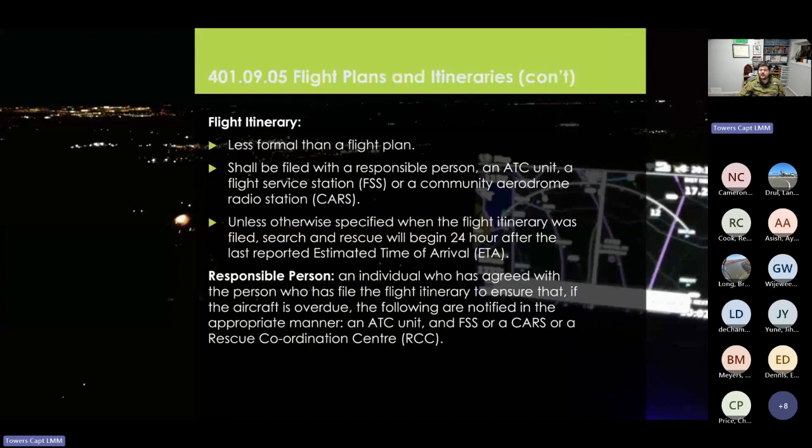A flight itinerary is less formal than a flight plan. It shall be filed with a responsible person or an ATC unit, a flight service station, or a community aerodrome radio station. Unless otherwise specified when the flight itinerary was filed, search and rescue will begin 24 hours after the